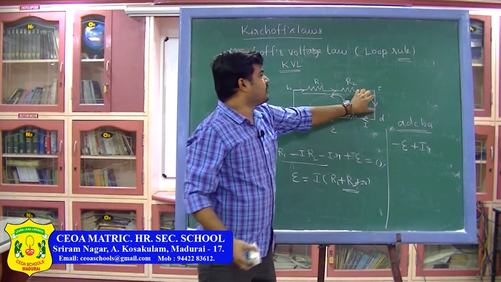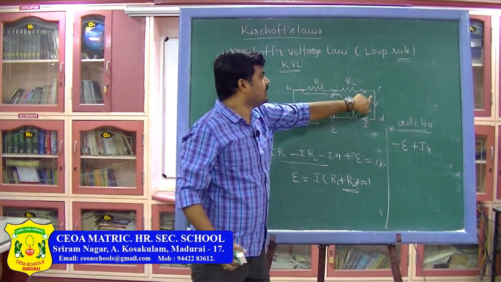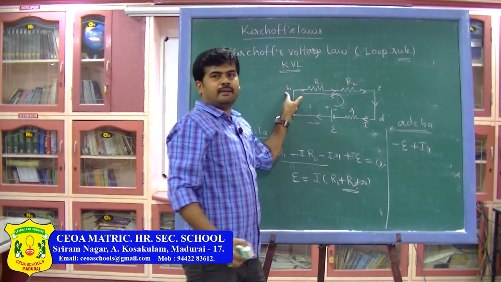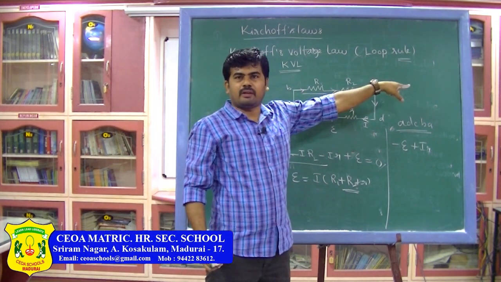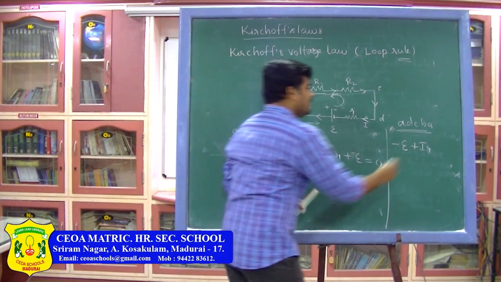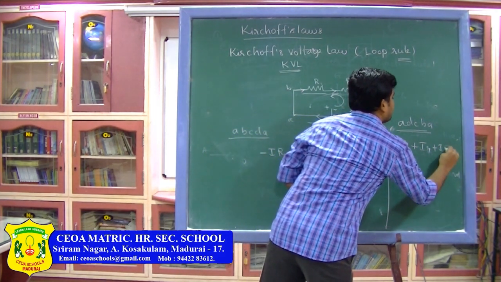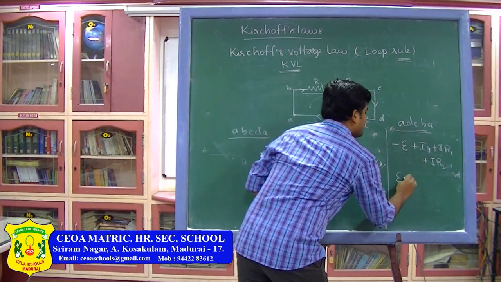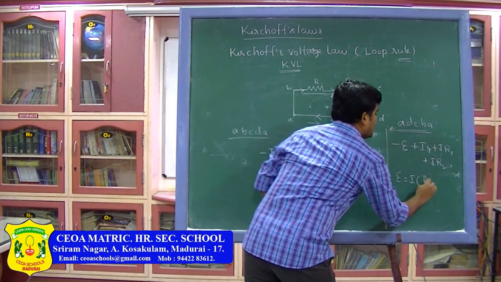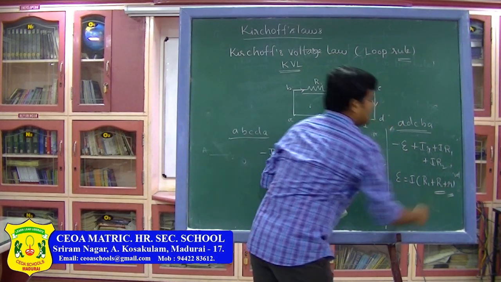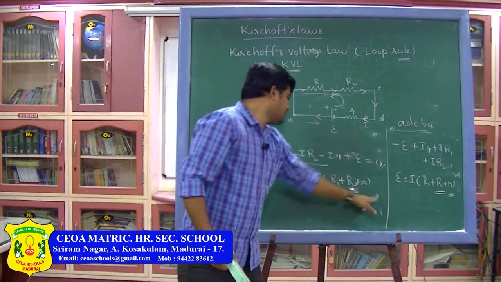Similarly, here there is no resistor. For these two resistors also, we are moving A, D, C, B, A, meaning C to B we selected, the current is in the opposite direction. So, we have to take both these potential drops as positive values, that is plus IR1 plus IR2. So, that once again will give you the same result, which is I into R1 plus R2 plus small r. So, this is the result, which is the same as the previous equation.